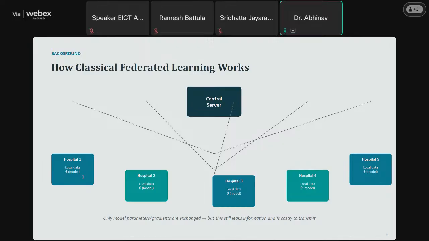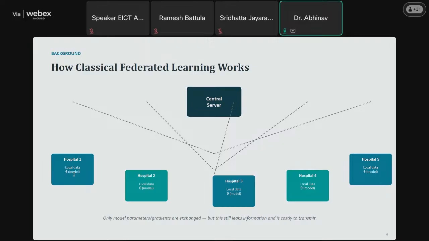Since training happens within the hospital, patient privacy is preserved because medical images are never transmitted over the network. After completing local training, the hospitals do not send their data sets back. Instead, they upload only the updated model parameters or gradients, which are represented by the symbol theta. You can see this in the figure.